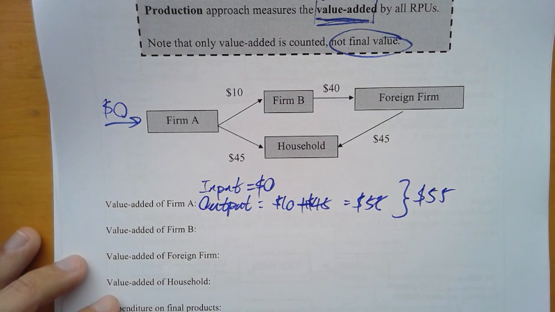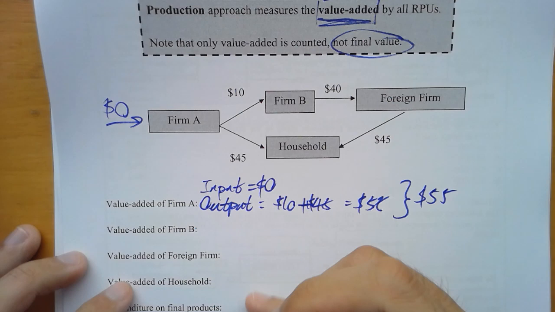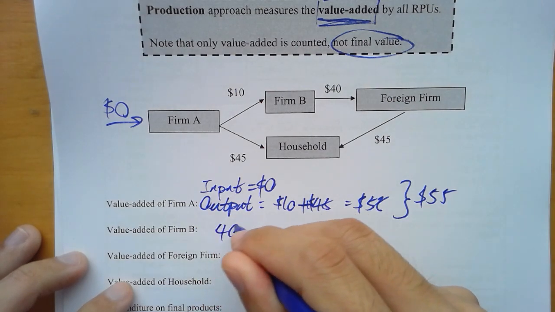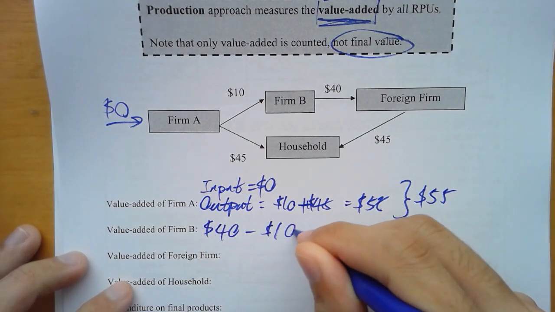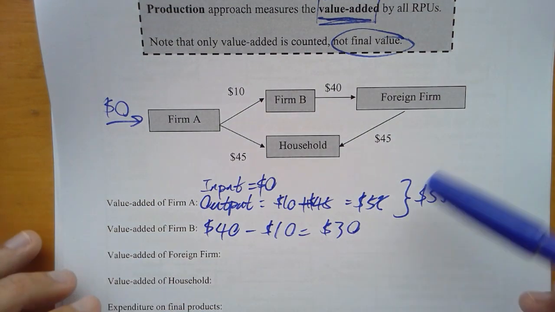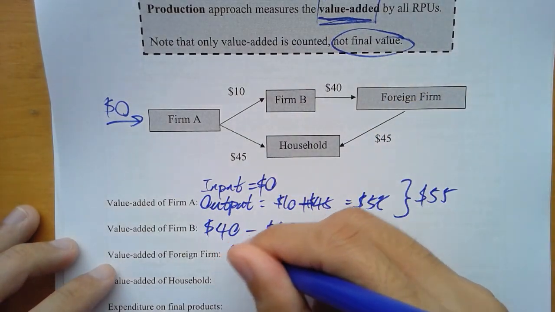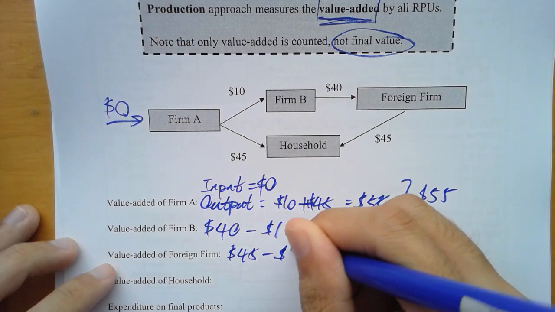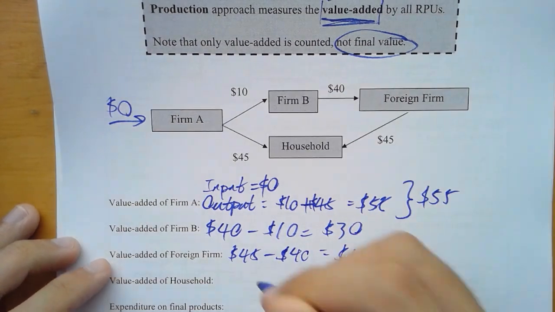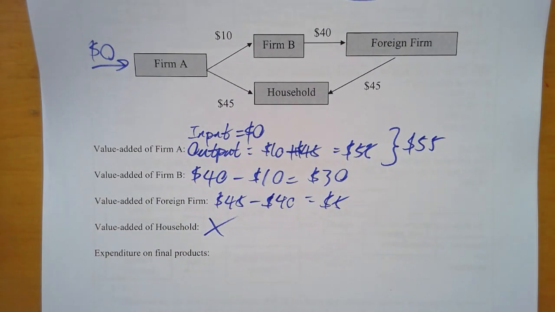Now what about firm B? Firm B would be input 10, output 40. Therefore, firm B would be 40 minus 10. They are 30. Okay, now value added of foreign firm. Okay, now input 40, output 45. Okay, $5. Now household, by definition, they do not add value, right? By definition, they do not. 係咪？記住啦，唔係嘅。